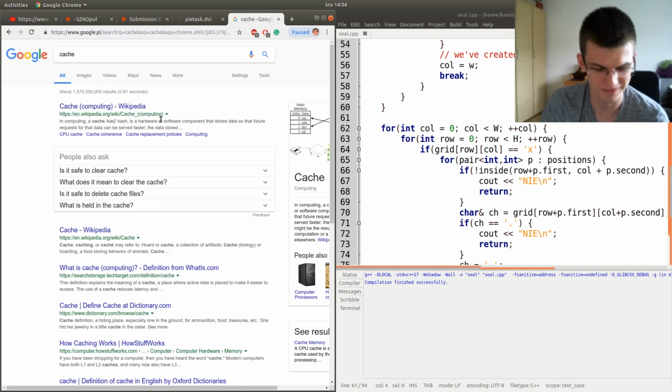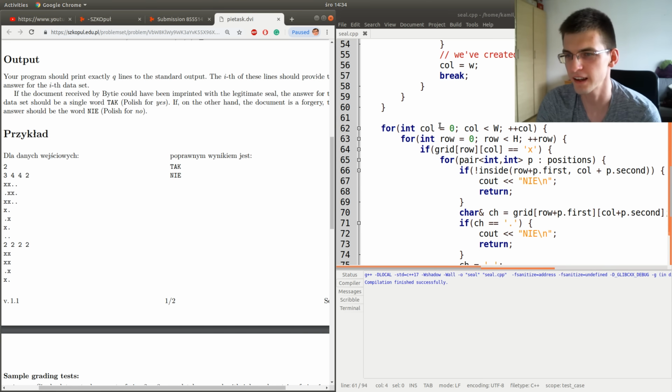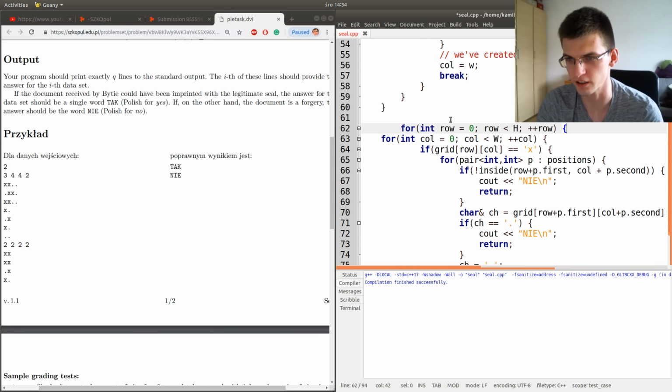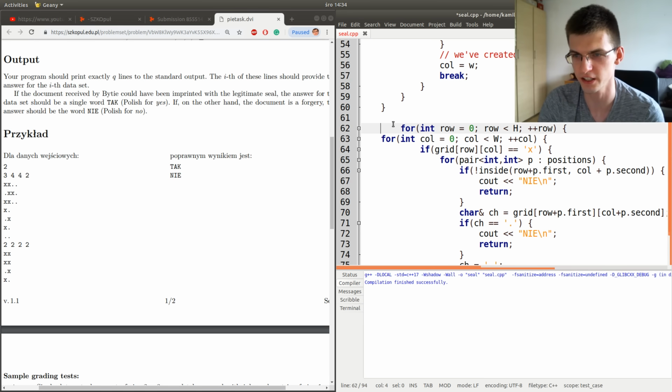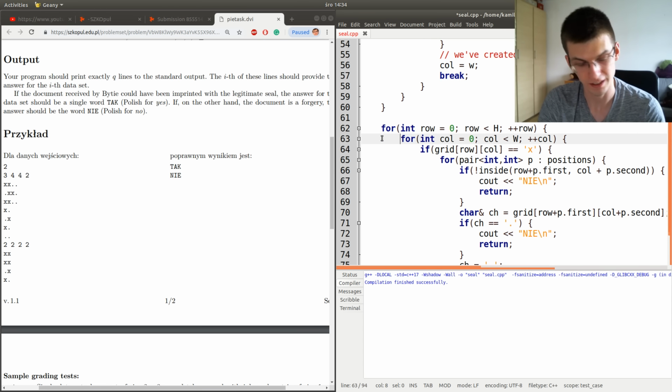I don't know how to read that word. Cache. Okay, so doing it in this order would change our logic, but it would make a solution, a program faster, not in terms of complexity, but in terms of, let's say, constant factor.